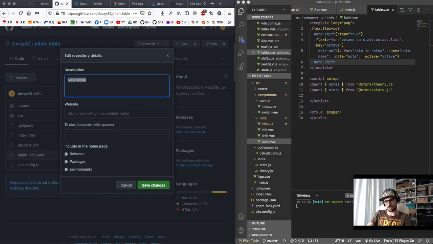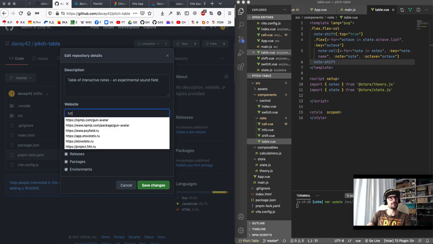It will be just table of interactive notes play at an experimental sound field. Experimental, like this, with the website table